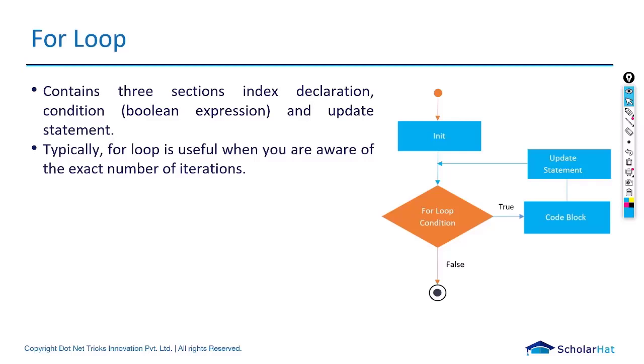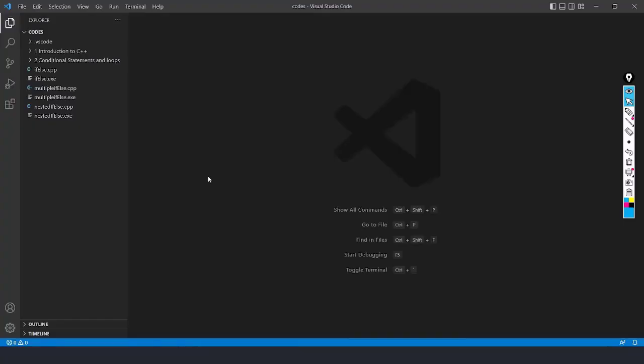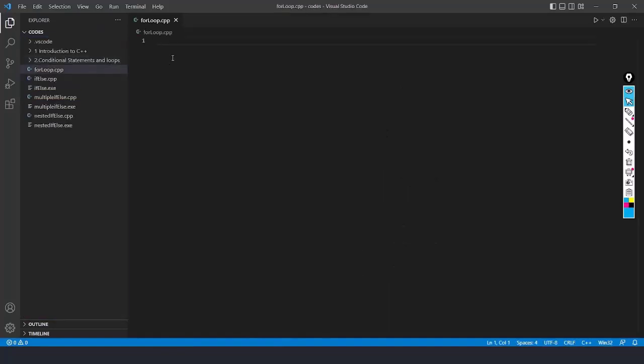What do we mean by iterations? That we're going to see when I go to VS Code. Now let's jump to VS Code. Now we will see the demo of the for loop. For that I'll create another file and I'll write for loop.cpp. After I press enter, here we'll be writing the program